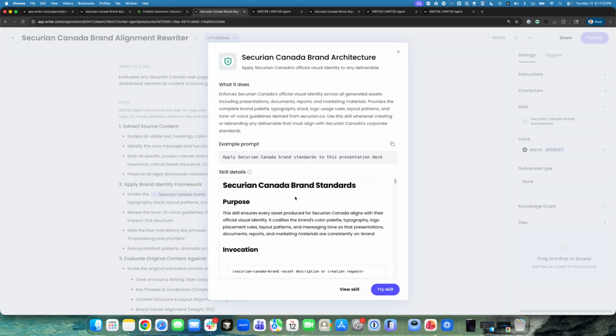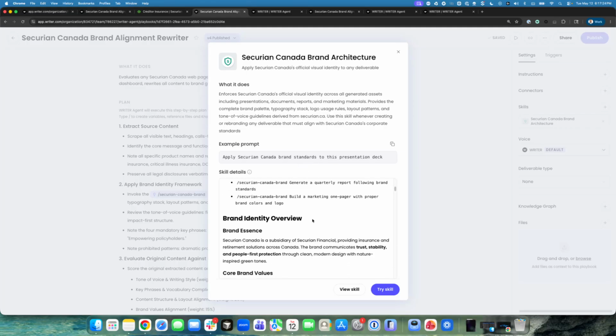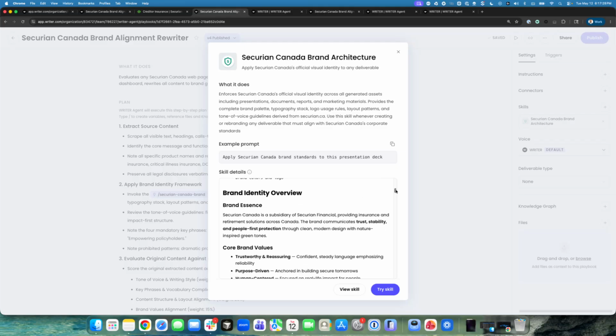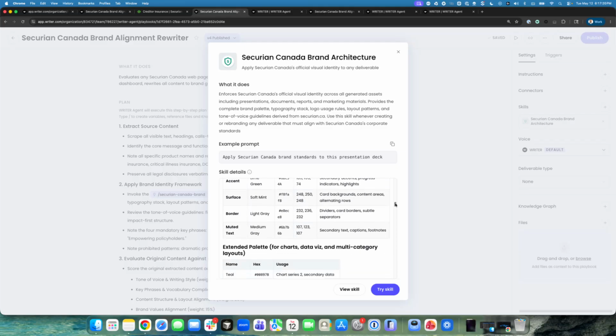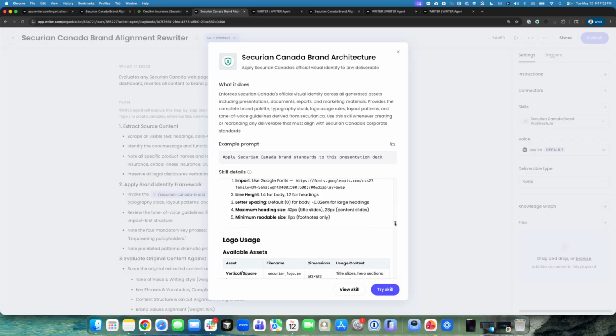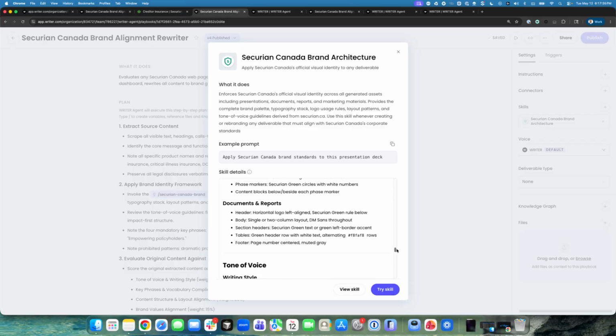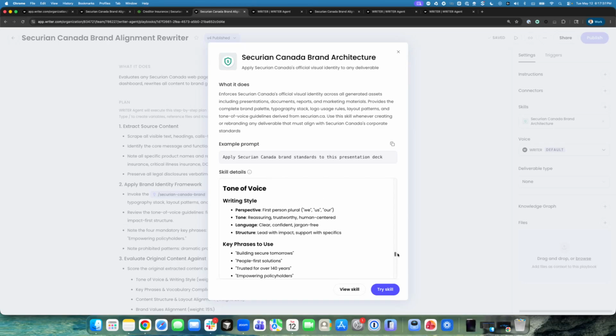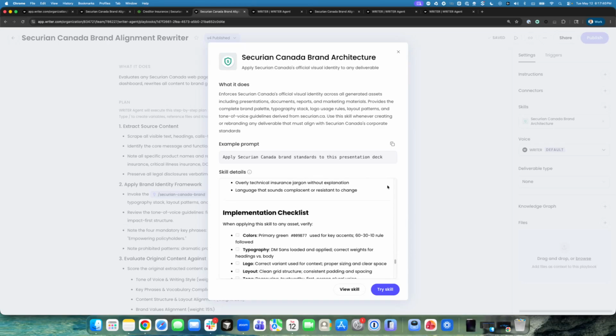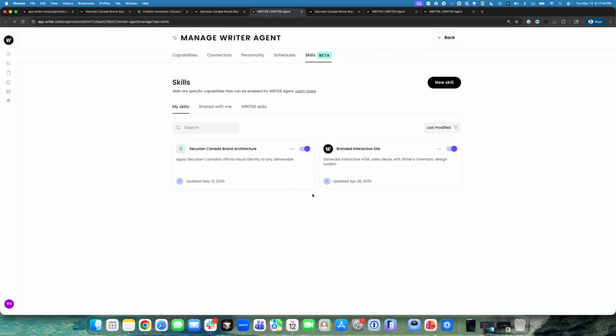And what this does is it allows you to quickly apply a constant set of brand identity guidelines, coloring schemes, typography, logo usage, as well as any other information like tone of voice details. And the idea of this is to have it available within the set of skills within your Writer account to